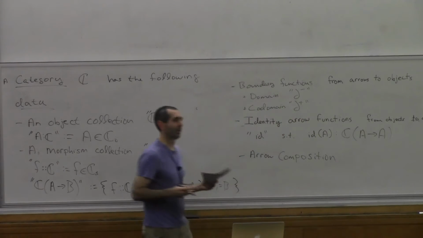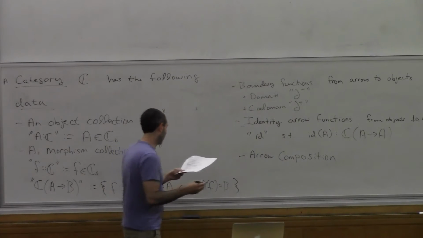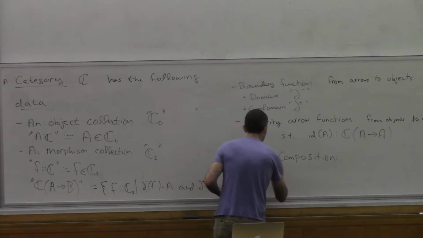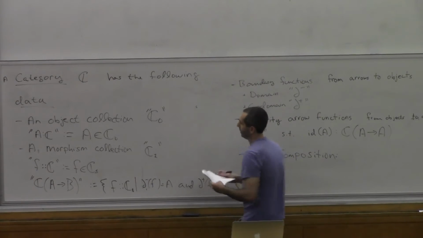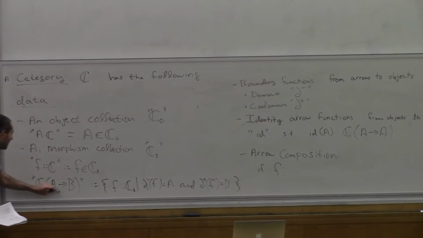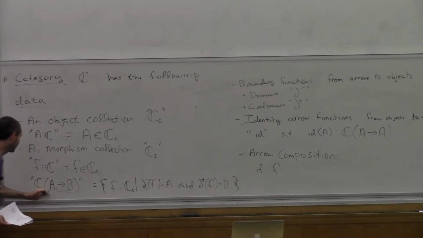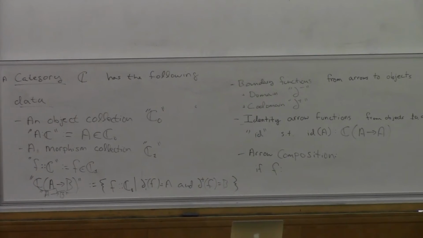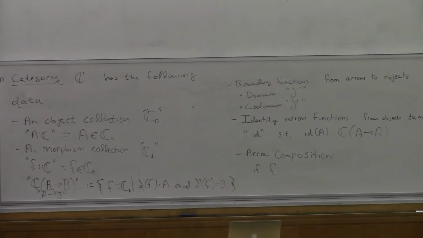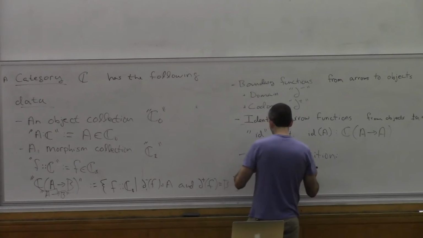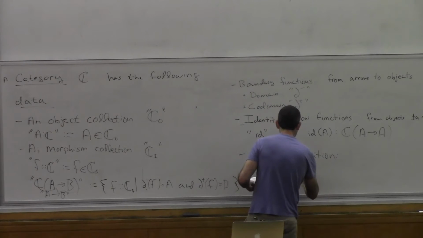And this is a partial function on arrows, right? So it's best to write it like this. So if F is an arrow, I should also say, before I do this, a notational shorthand: if it's clear which category we're talking about, then we will just drop this C, and we will instead write this as A arrow B, without the name of the category. If it's clear from the context which category we're talking about, then we don't have to keep naming it again and again. So the reason I bring this up is that if F is an arrow from A to B,